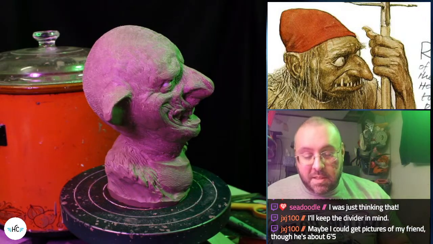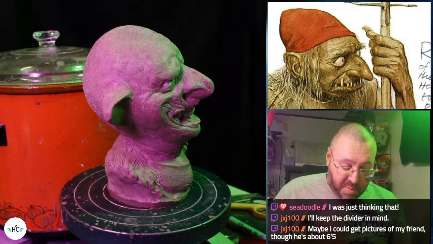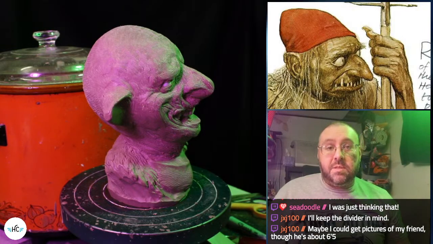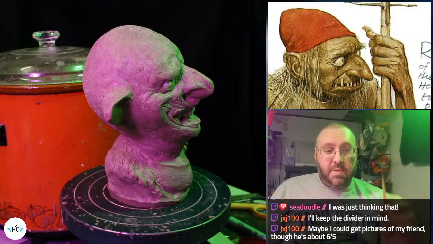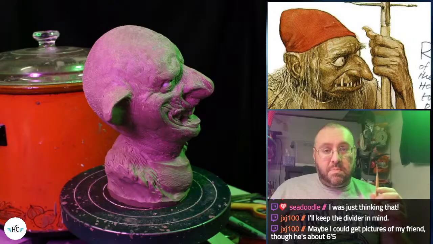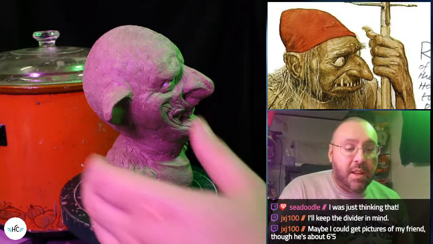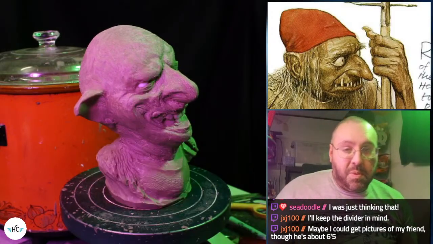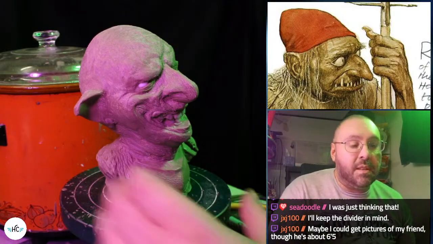I mean, that's the great thing about the proportional dividers, as long as your photo reference is taken in such a way that you can get a good front and side from a similar camera distance, and you don't change angle a whole lot, you can use the proportions to get you pretty close.